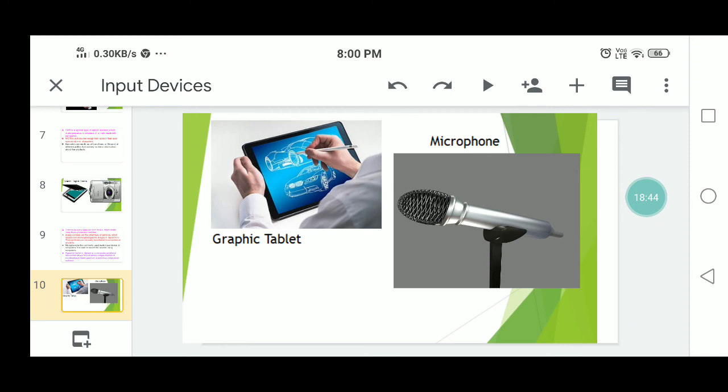Then next, microphone. This is another input device. The microphone is the commonly used audio input device in computers. It is used to record sounds using computers.